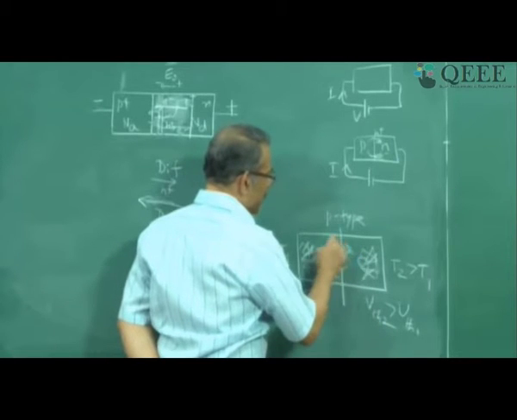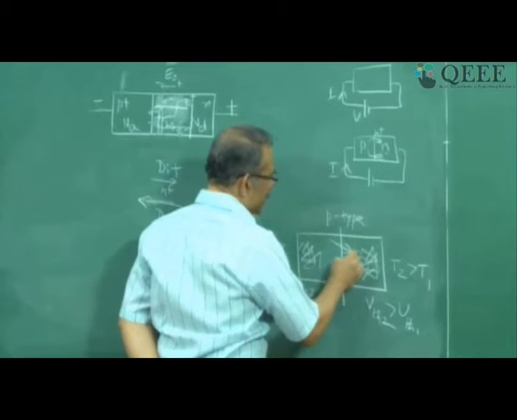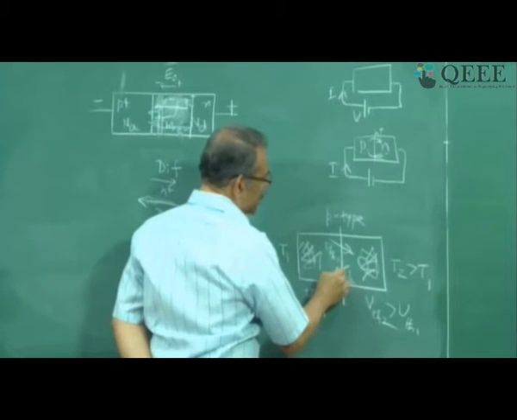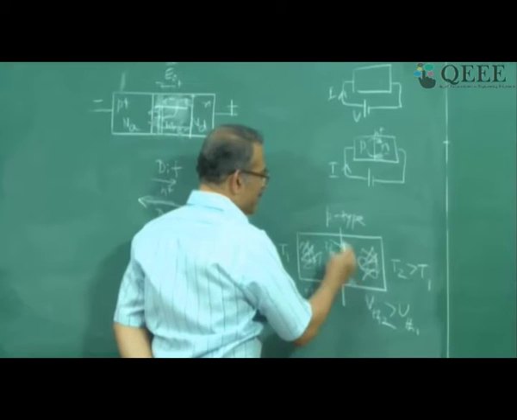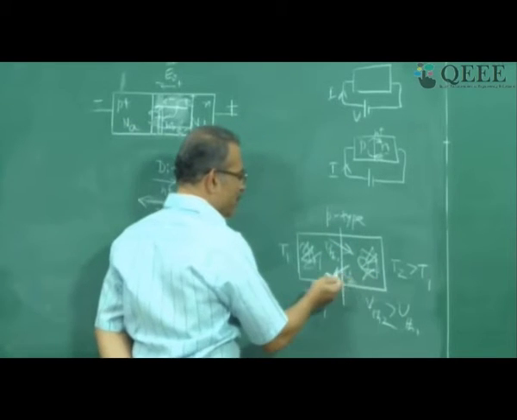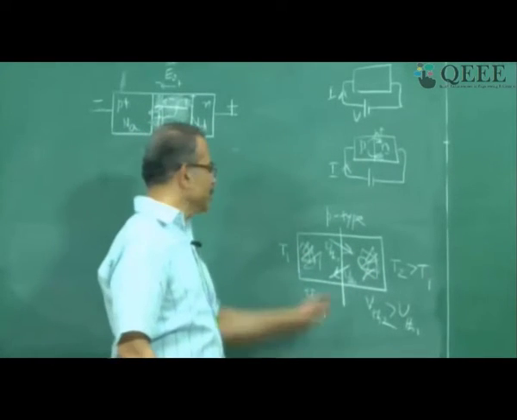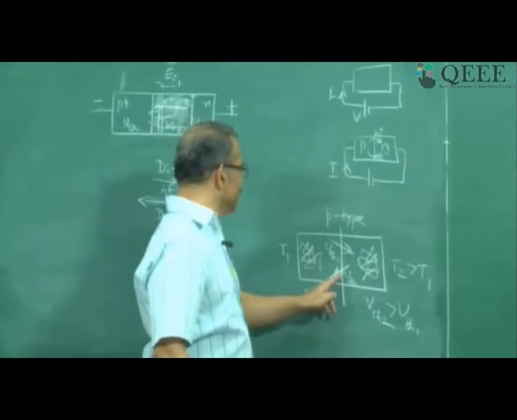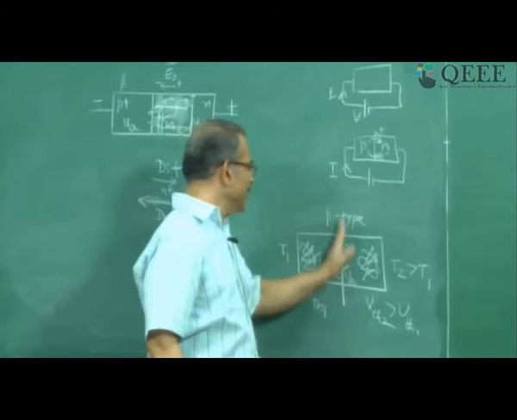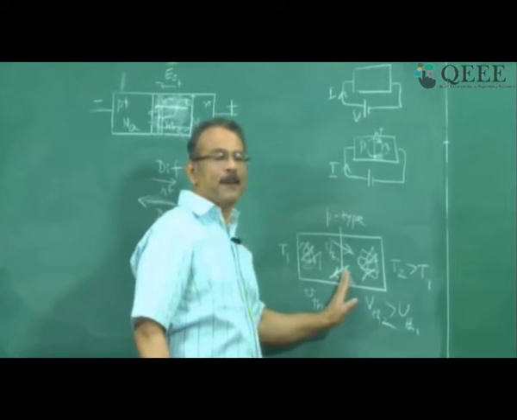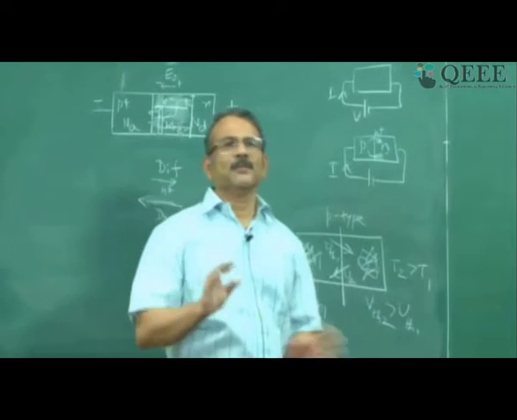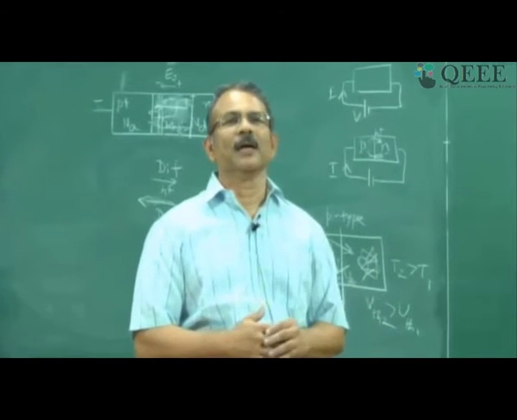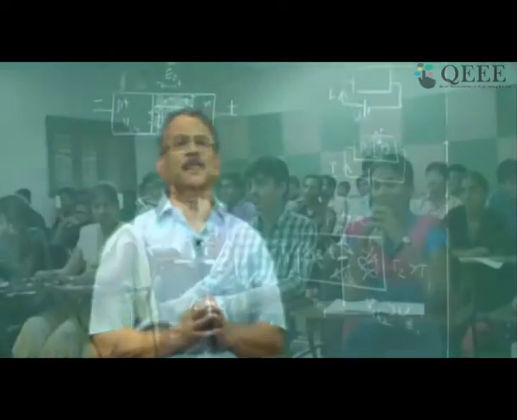The concentration is the same here and here, but this velocity is less compared to this velocity, right? This is VTH2. So if this velocity is more than this velocity, evidently across this plane there is a net movement from right to left because the velocity is more. If it is equilibrium, T2 and T1 are the same, this velocity is the same as this velocity. Then there is no net movement across the plane. But now when T2 is different from T1, there is a net movement because VTH2 is more than VTH1. Now is it clear why there is a current?